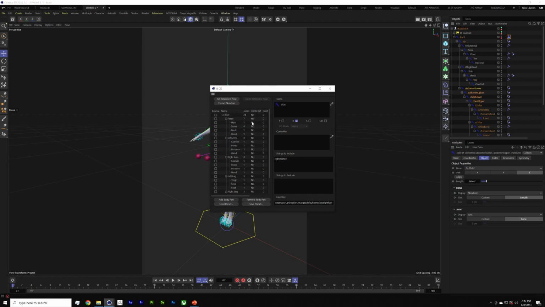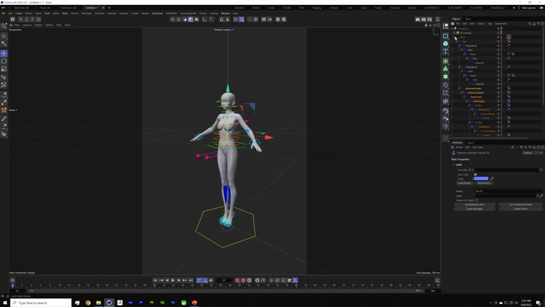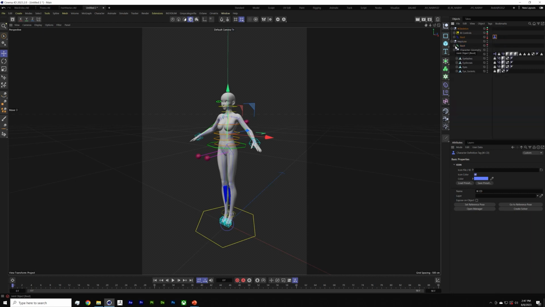Okay, we should have 24 bones. We're going to set our reference pose, which sets the 0 pose for our constraining. Go ahead and close that. I'm not going to create a solver with this tag yet because that will be on Neptune's body herself. We're going to collapse this skeleton,